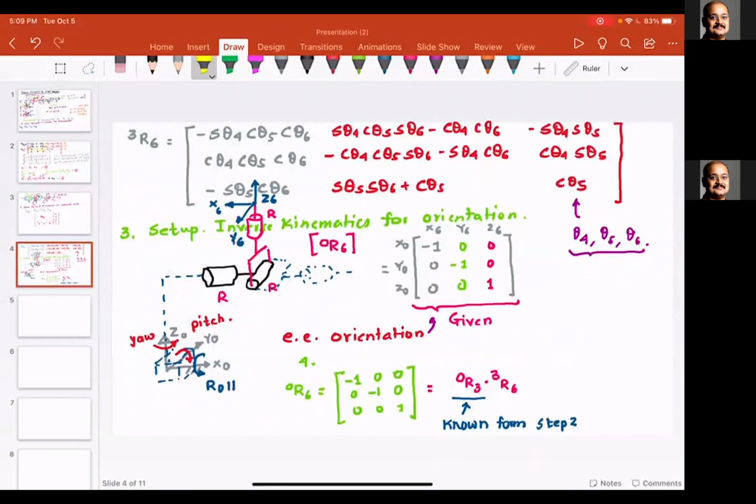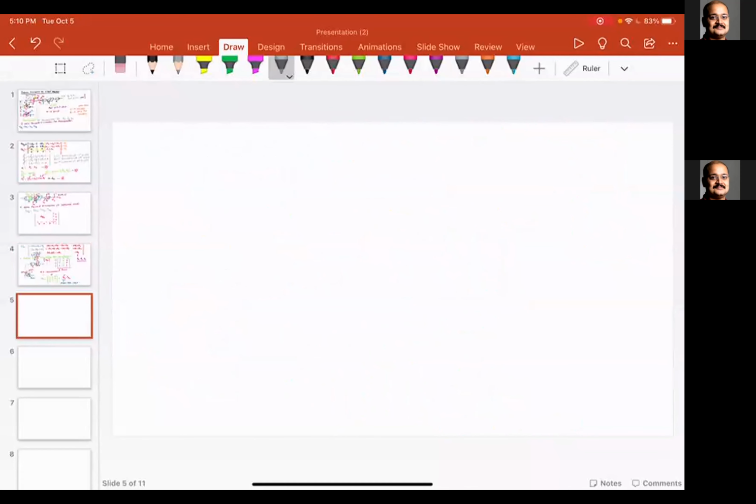0R6 only has ones and zeros because that 0R6 frame is aligned with X0, Y0, and Z0. That is why it only has zeros and ones. Now, so this guy is known. So what I'm going to do in the next step, which is step 4, I'm going to write